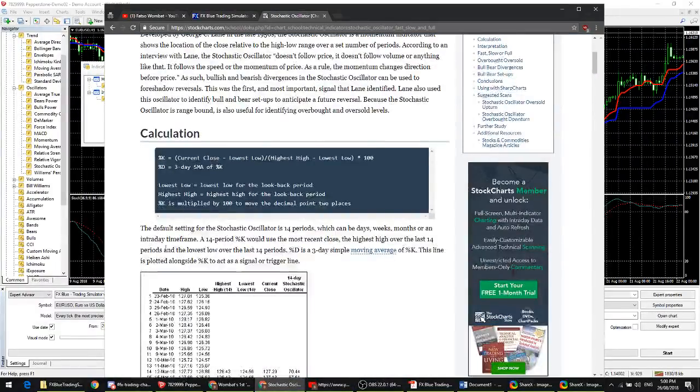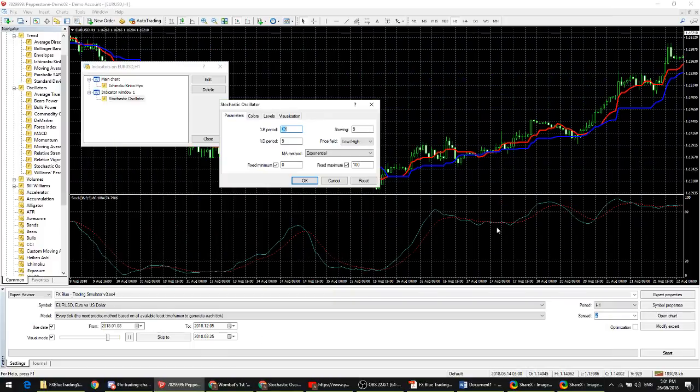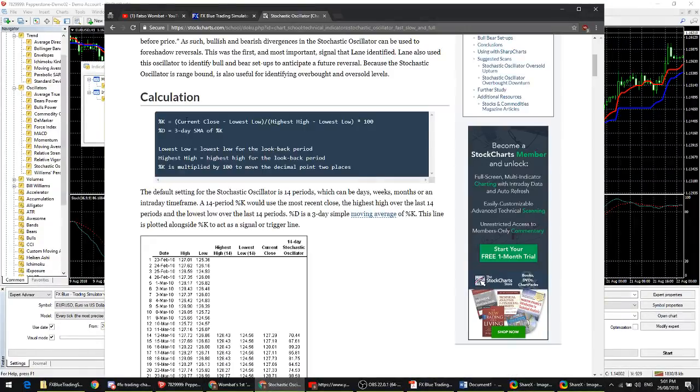Alright, so this one is using current close minus lowest low divided by highest high minus lowest low for the K, and then the D is the 3-day moving average of the thing. So the D is smoothing it out, which I think is the red line that we see on the chart here, and the K is the blue line. So what it's going to measure